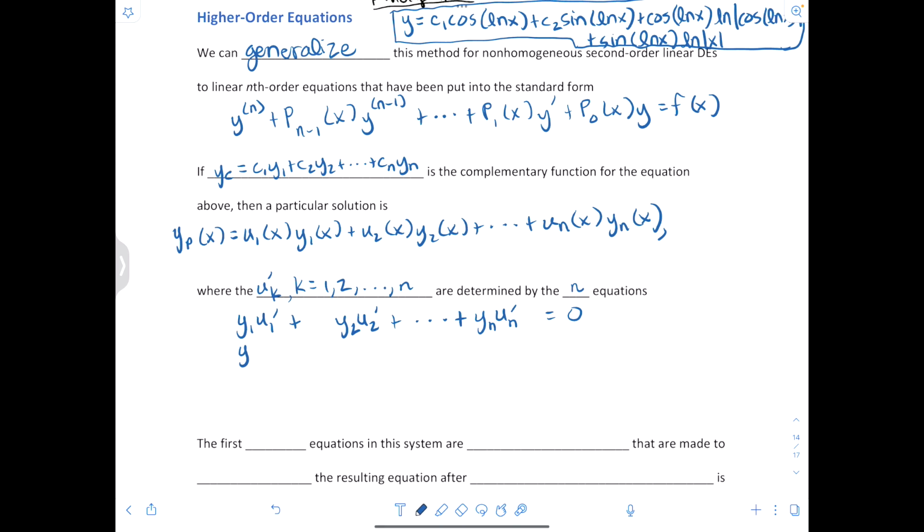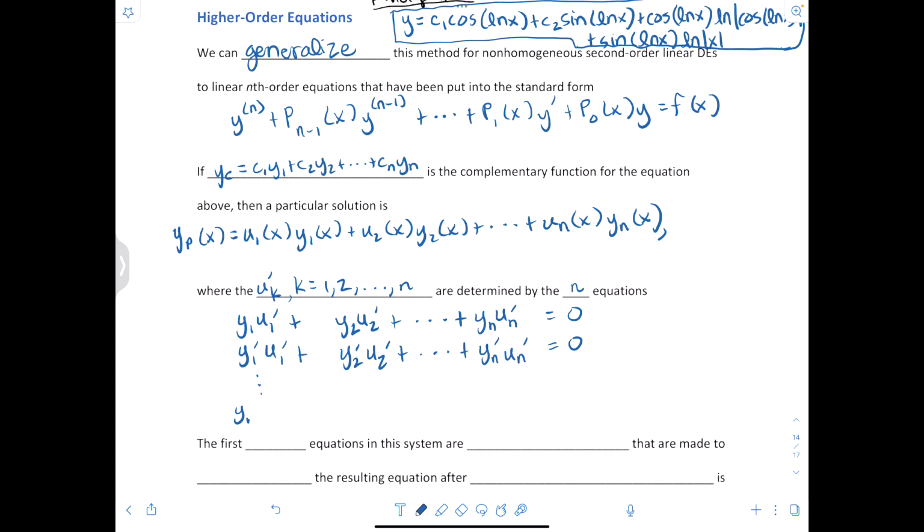Then it goes y1 prime u1 prime plus y2 prime u2 prime plus dot dot dot plus yn prime un prime equals 0. You just keep going like that until you get to